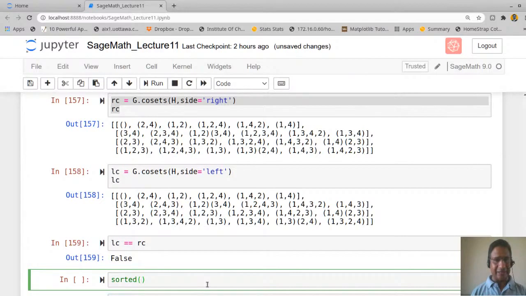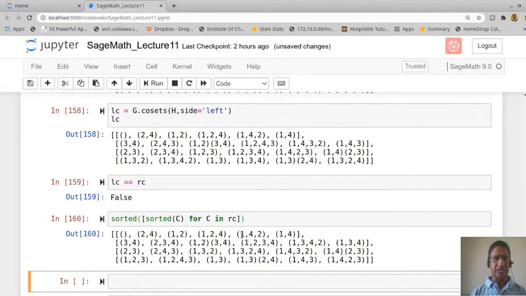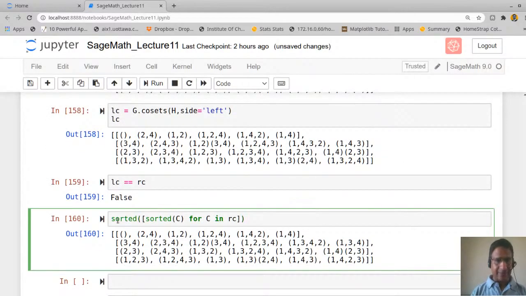I'll say sorted(C) for C in RC, the right coset, so each element is sorted. And then again apply sorted, because it is a list of lists. So you have to apply this twice. Okay, so this is the sorted list. Let me rename this as RC_sorted, for example.